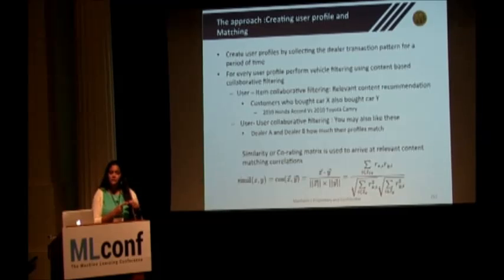User-item is basically: this guy always bought car X, how many times did he also buy car Y? For example, he bought a Honda, how many times did he also buy a Toyota Camry? So that's basically a similarity you can go for. We did a similarity or co-rating matrix. That's the one use. And the next one is